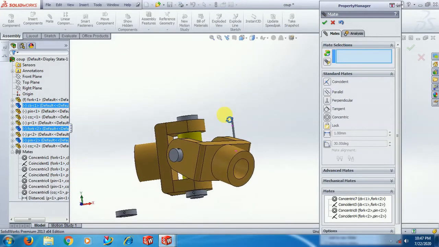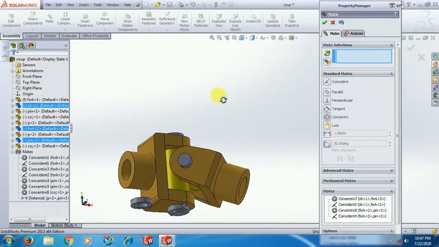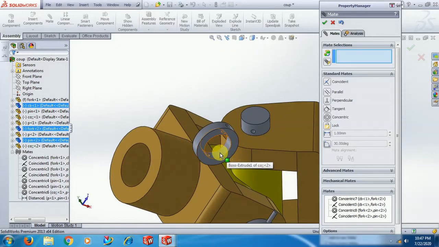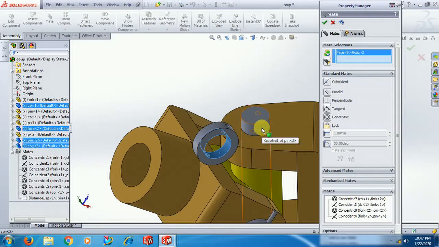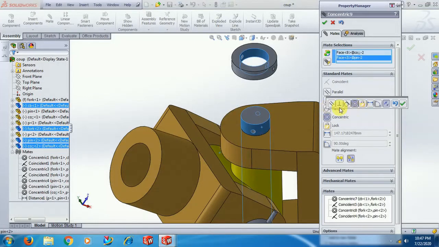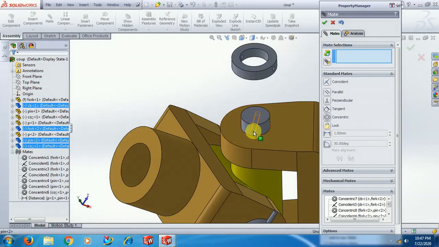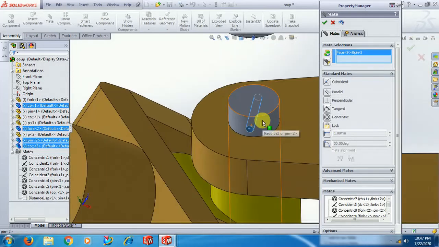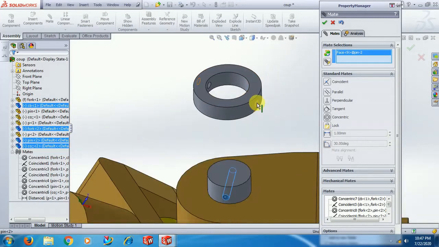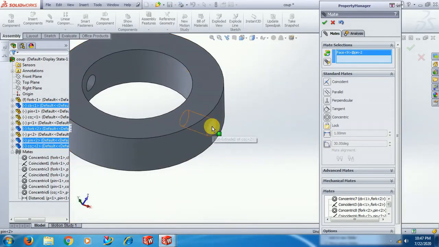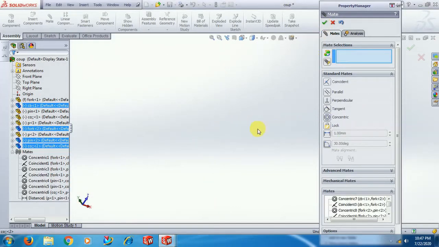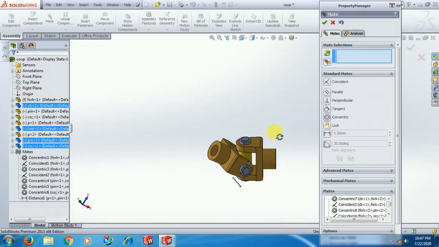Now collar, select this collar and pin, concentric, okay, then select this hole, hole axis, concentric, okay, fine.